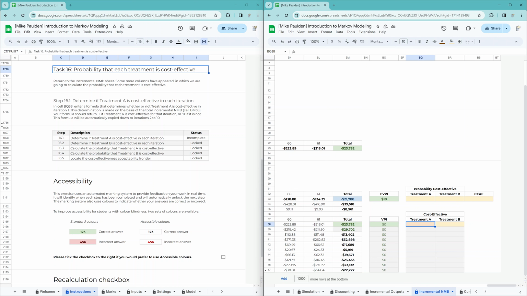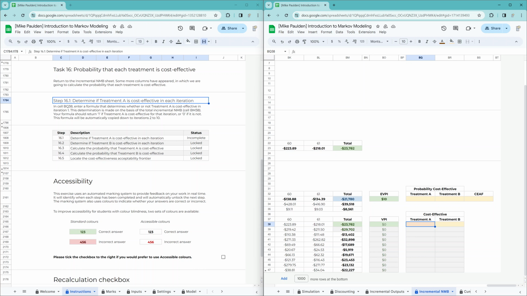Okay, so we're going to begin with this column with cost effectiveness for treatment A. We need to determine whether treatment A is cost effective on each iteration. So we're going to do this for each iteration, and then we can just average over those iterations later to get the probability that it's cost effective across all of those iterations. So for now, we just need to have a 1 or a 0 in this cell. A 1 if treatment A is cost effective for this iteration, and a 0 if treatment A is not cost